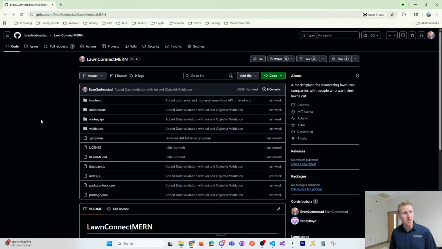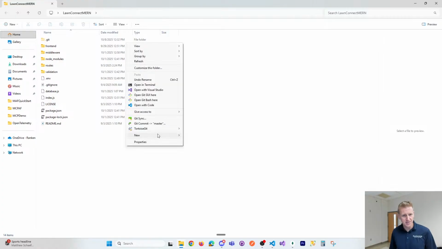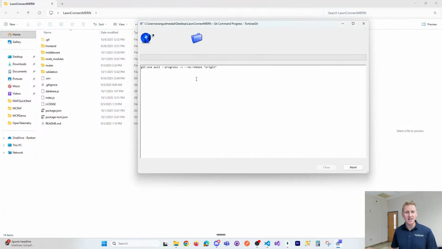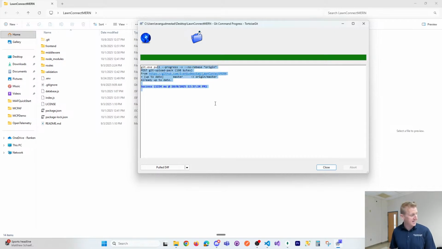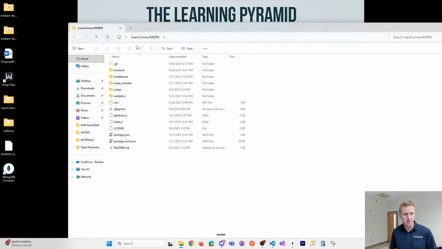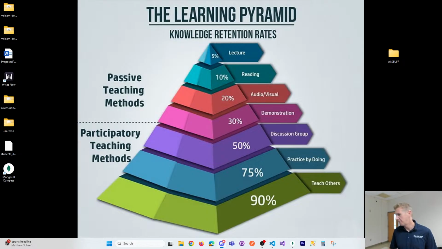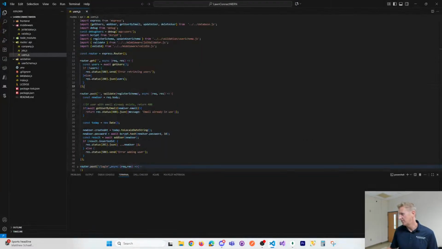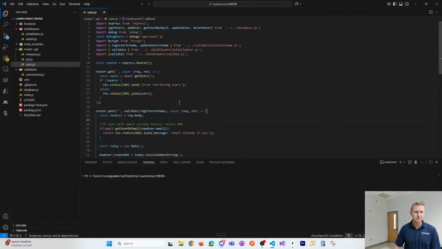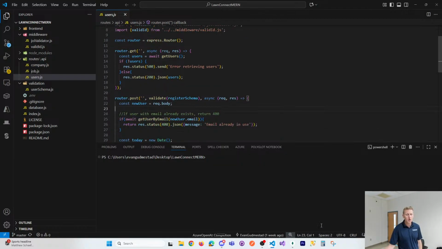Last commit was a week ago, so we're going to work on this a little bit more. This is my local, and I'll just do a pull, so you can see I'm starting up to date on my local repo. And here is the folder that I can open up in VS Code. Drag that over here, and we can get started now. Where we left off